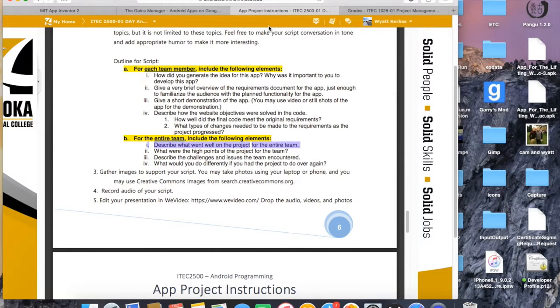Let's see, what's the last question here? What would I do differently if I had to do the project over again? I don't think I would do anything differently. To challenge myself more, maybe use Android Studio, but I took this project and I just ran with it, you guys. So that's my app, you guys, and I hope you